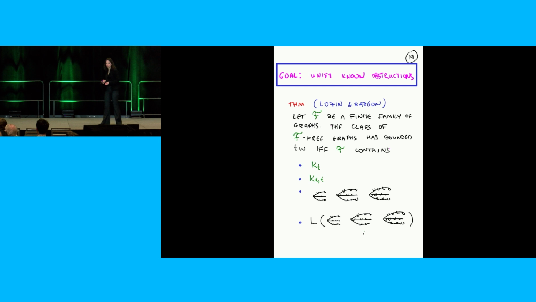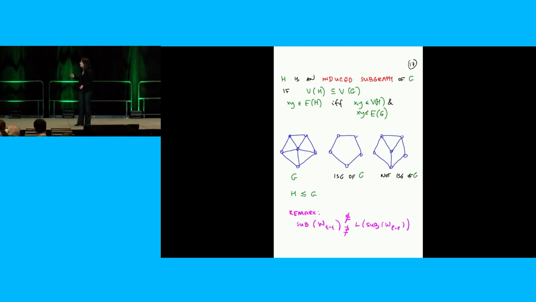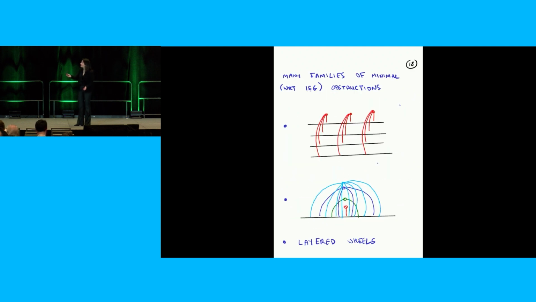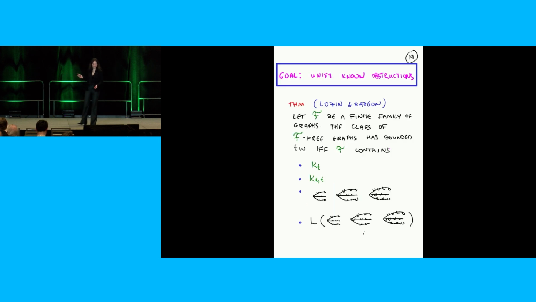Well, Lozhin and Razgon made the first stab at it. They said, well, what if I'm only allowed to exclude a finite family of graphs? So in particular, that means I can't say words like subdivisions. I can't say I'm going to exclude all subdivisions of a wall because that's an infinite family. So it has to be something else. Then that means they need to find a finite family of graphs so that each of these guys contains a representative from it, and also each of these guys contains a representative from it. That's a lot of rules. That's a lot of things you want from your one poor finite family of graphs.